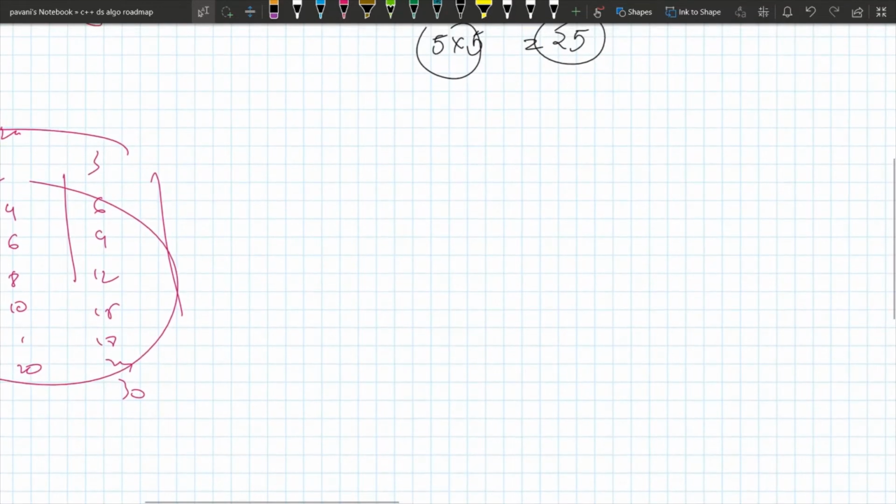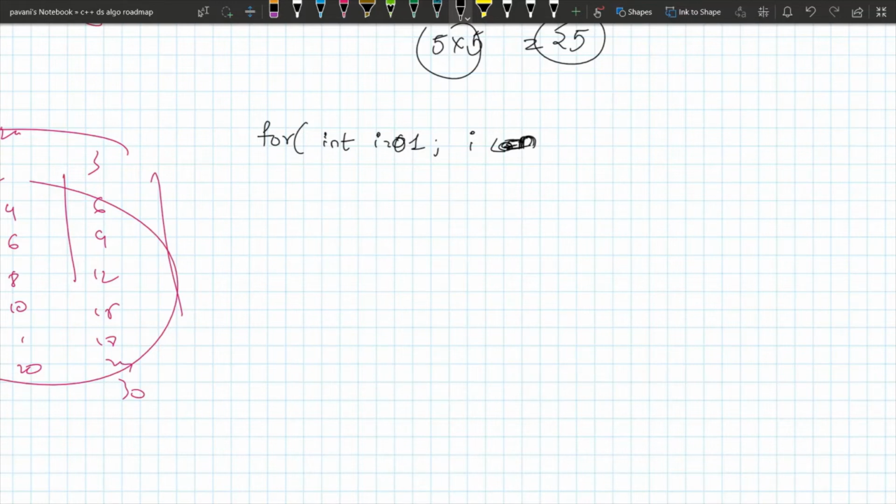For example, see, I'm writing the code, try to understand. For int i equal to 0, i less than or equal, less than n. Okay, if I kept i equal to 1, i less than or equal to n. The main motive of mine is to iterate n times. I have to take n iterations.